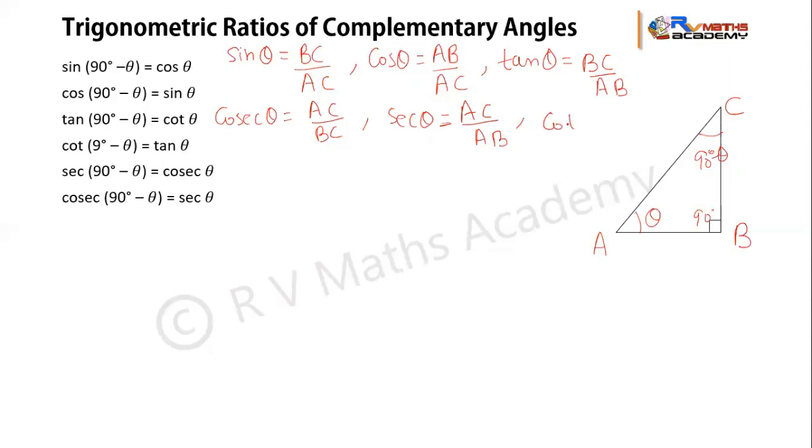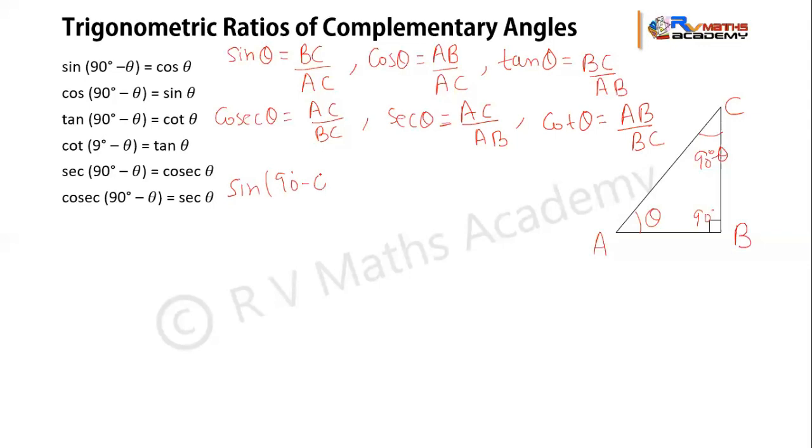Similarly, cot is the reciprocal of tan, so we can write it as AB upon BC. Now, we have written all these 6 trigonometric ratios with respect to this angle theta. Now the same I will do, but with respect to 90 degree minus theta. So again I will write all the 6 trigonometric ratios, but by considering this angle 90 degree minus theta. So first we will write sine